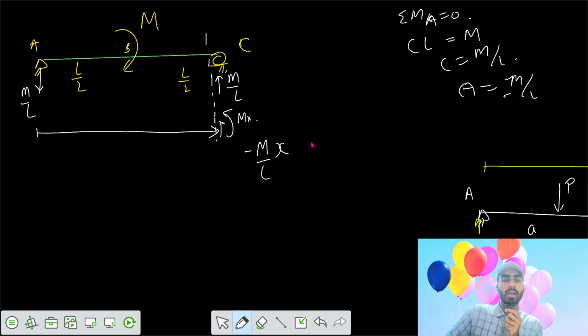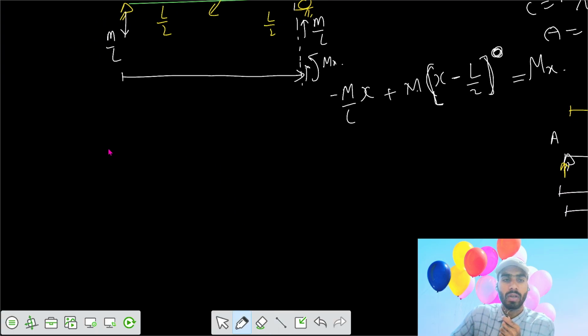Then after that, we have to show where the concentrated moment is also acting. So plus M x minus L by 2 power 0. It shows that the concentrated moment M is acting at L by 2 from A, so we have to raise the power to 0. Then after that we have moment M x anti-clockwise. So finally we have the moment equation, this one,